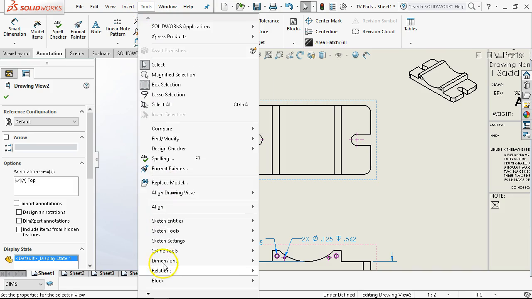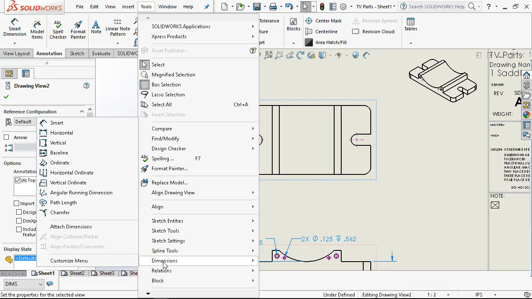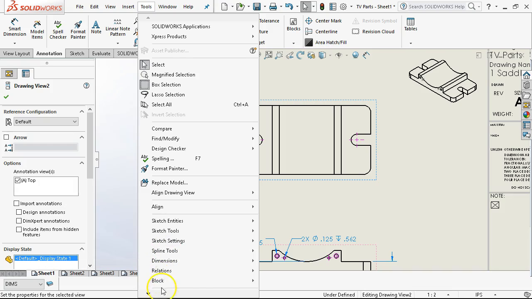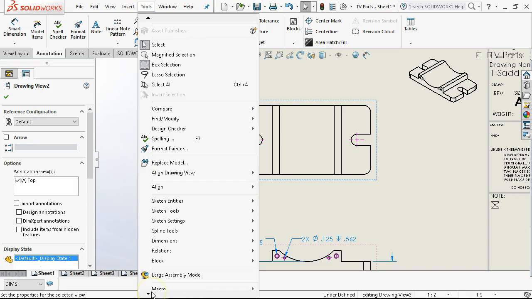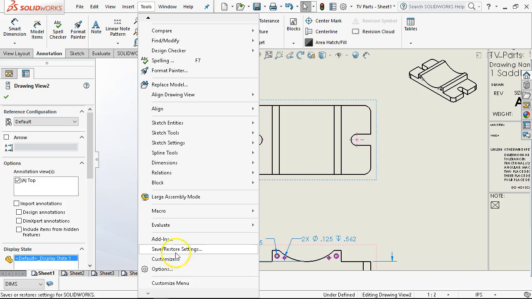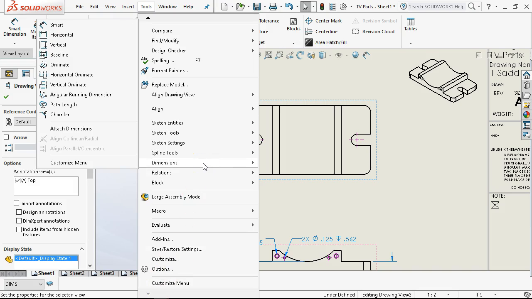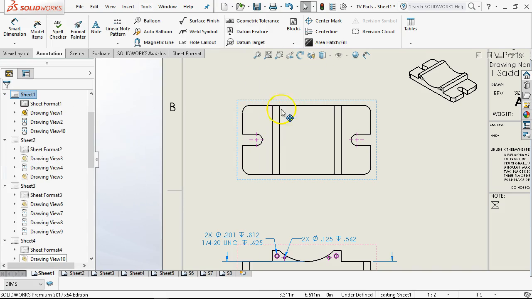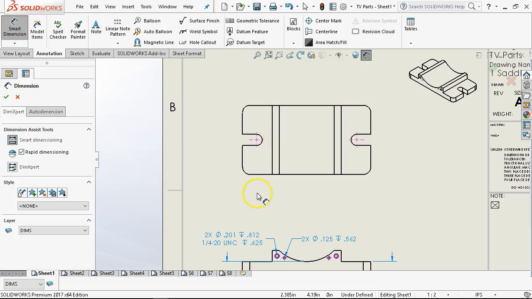Here we go, tools, dimensions, and under, nope. Maybe I am thinking of the parts. Okay, now we'll come back to that one. All right, so overall,